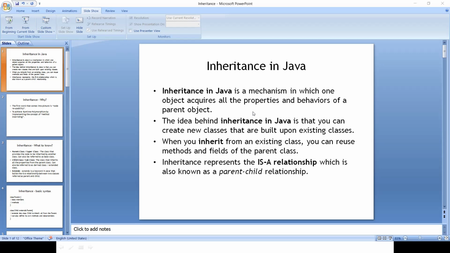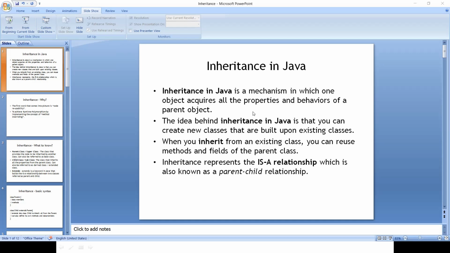Inheritance in Java is a mechanism in which one object acquires all the properties and behaviors of a parent object. We all know, right? We define a Java class as an object.